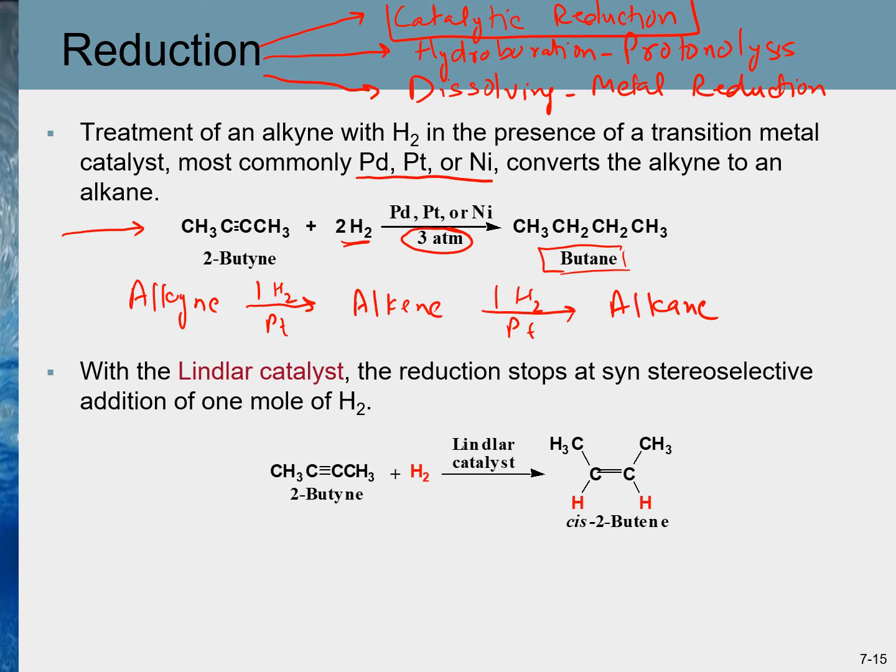Although alkenes are produced during this reduction reaction, in most of these catalytic reduction reactions it is not possible to stop the reaction at the alkene stage. Hence, alkene cannot be isolated in catalytic reduction reactions of alkynes. Alkynes will always go directly to alkanes. However, by careful choice of catalyst, it is possible to stop the reduction after the addition of 1 mole of hydrogen. One such catalyst is